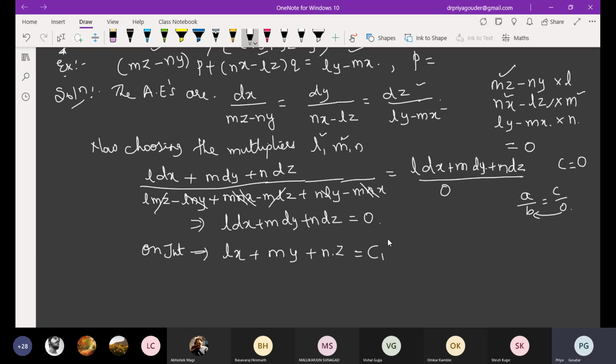See, what is my ultimate thing? You should choose a multiplier such that if you multiply, the denominator becomes 0. That is important. And the multiplier should be either constants or functions of x, y, z. Not anything. So this is the first relation. Now you need to think of multipliers again, because first we have seen that it cannot be solved in an easy, direct way. So I will think in the reverse way. What I thought now, first thing, I wanted the coefficient of z to be the same. Now I'll take the reverse way.